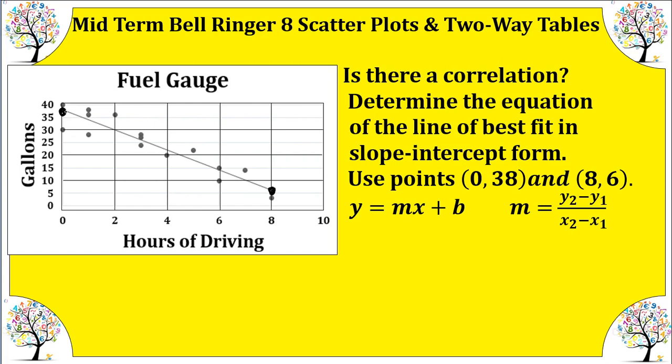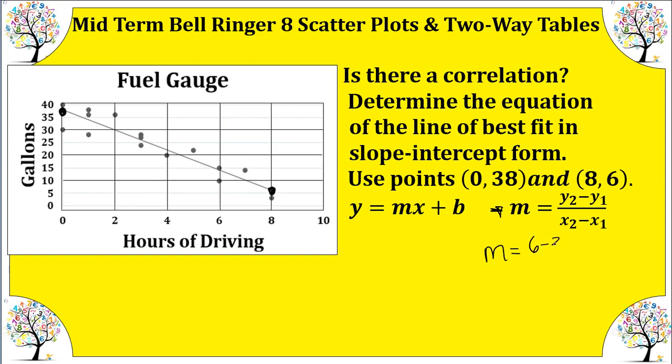Typically we take an ordered pair from one end of the line of best fit or near the line of best fit, and then another data point at the other end. So we are going to write our line of best fit in slope-intercept form. The first thing is we're going to use our slope formula to find the constant rate of change of the fuel gauge. So our slope is going to be